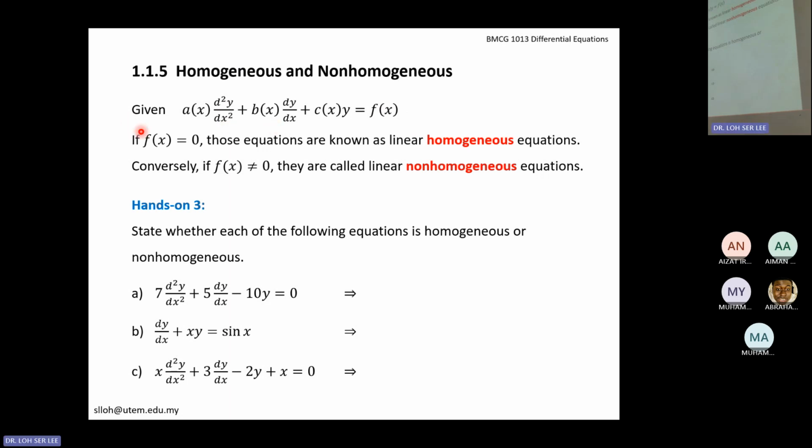If the right hand side function is 0, it is homogeneous. If non-zero, it is non-homo. So in simple words,